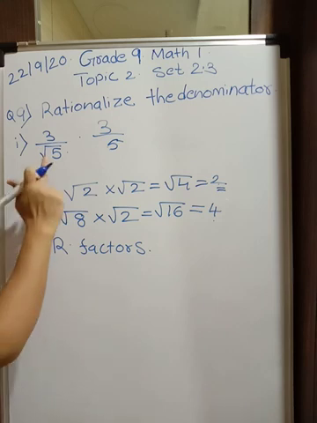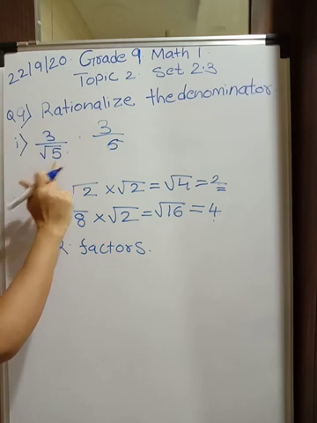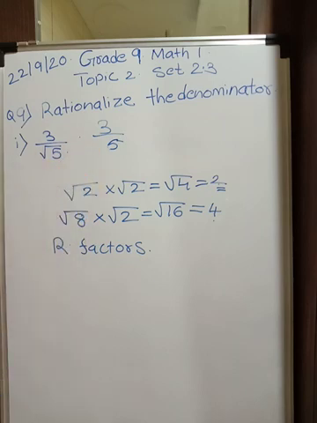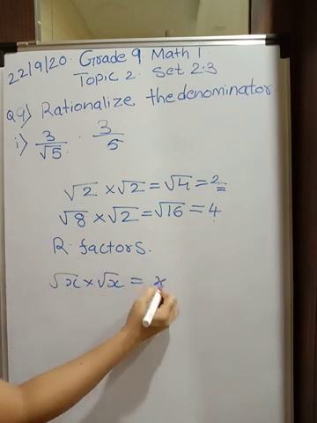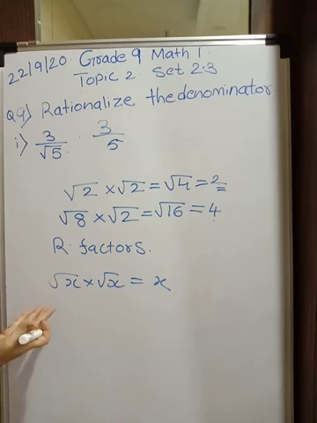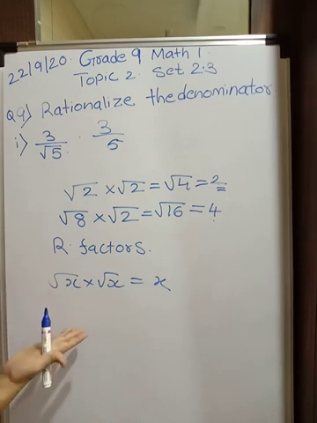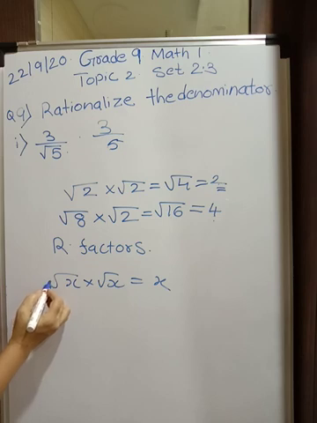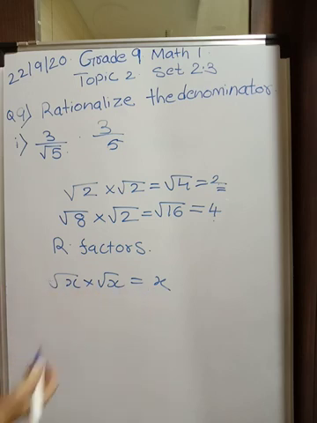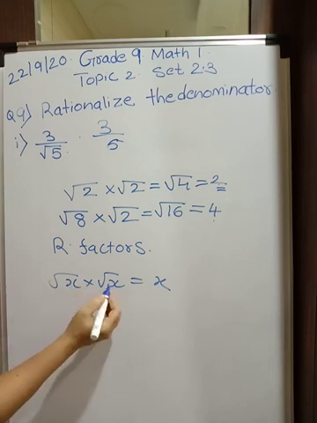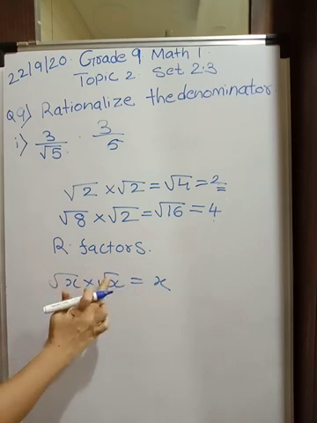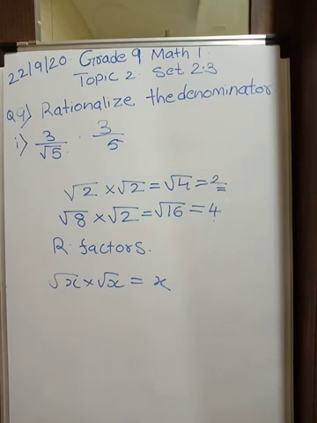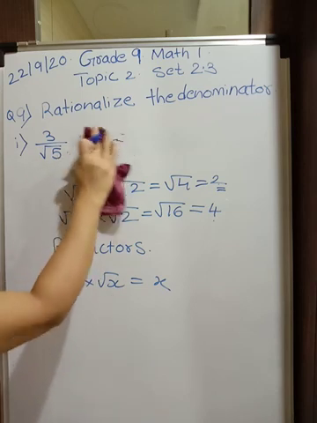So you have to think by which number I should multiply this number so that I will get a rational number. You know very well that root x into root x is nothing but x. x is a rational number. So without wasting much time, here is a trick: if the order of the surd is 2, multiply the given surd with the same number, and you get square root of x square, which comes out to be x, a rational number. So let us use this trick and rationalize the denominators.